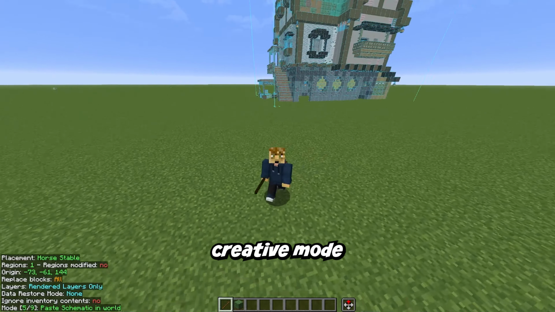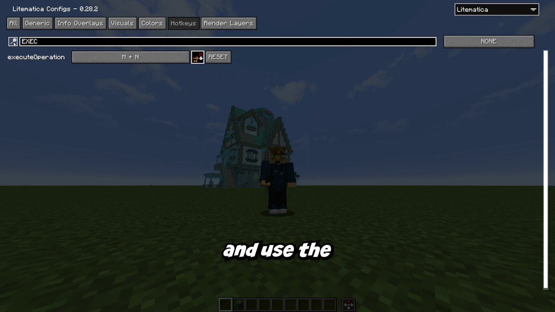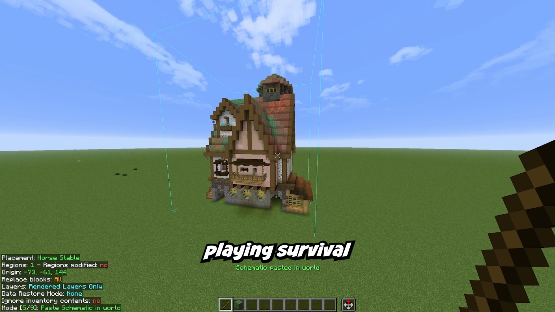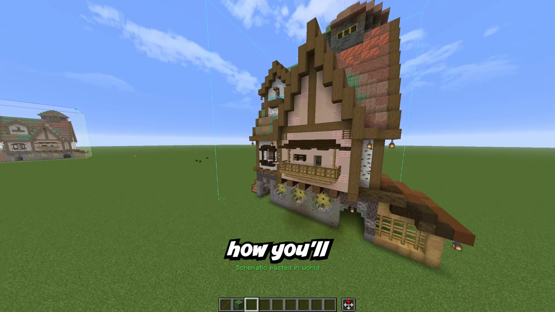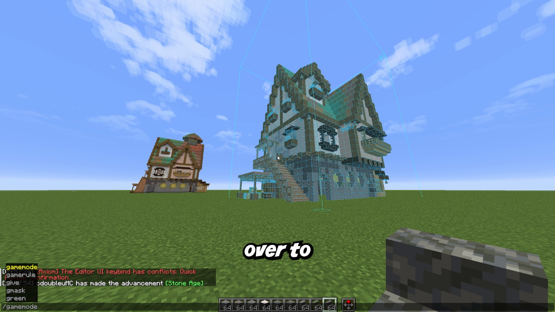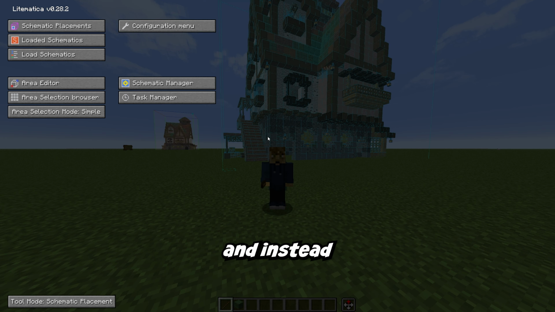If you're in creative mode, you can paste the schematic directly into your world. Open the placement options and use the paste function. Within a few seconds, the entire build will appear. If you're playing survival, don't worry. This isn't how you'll actually build it. That's where Litematica really shines. Let's switch over to survival mode. We currently have the exact same schematic loaded here, and instead of placing every block instantly, Litematica becomes a guide